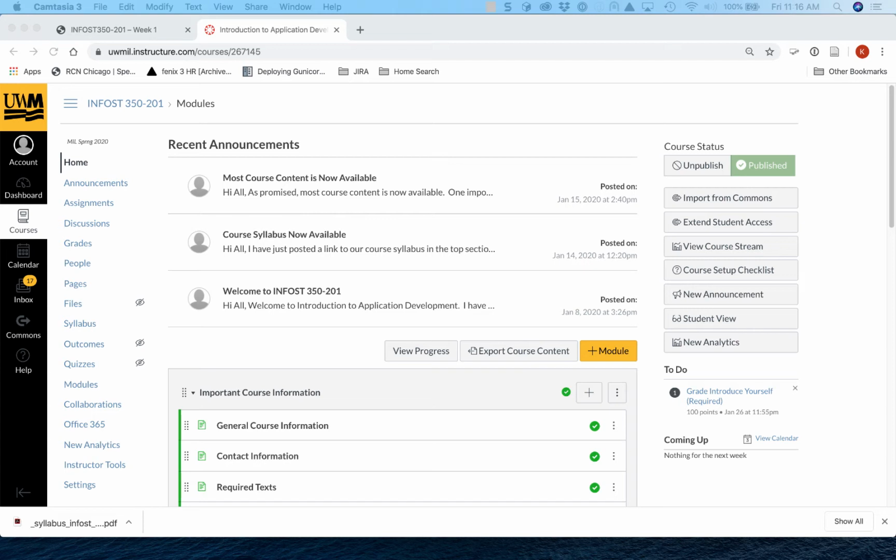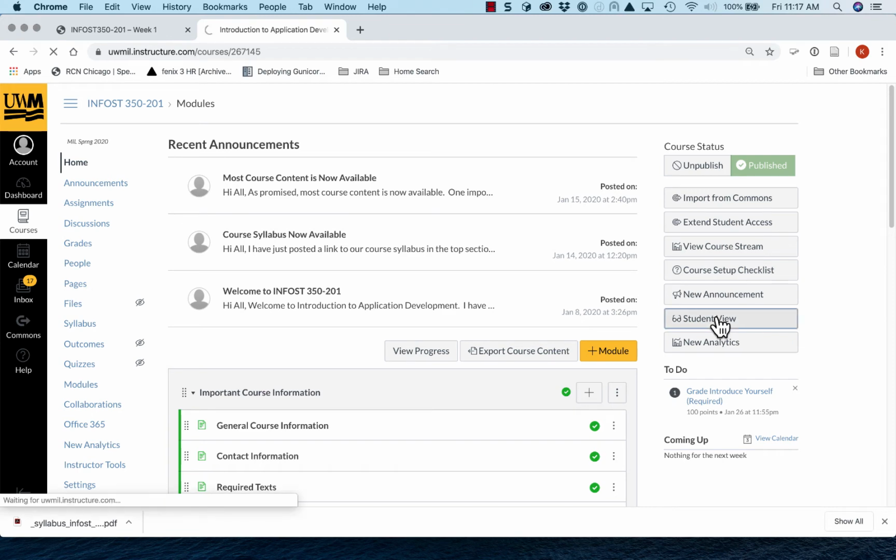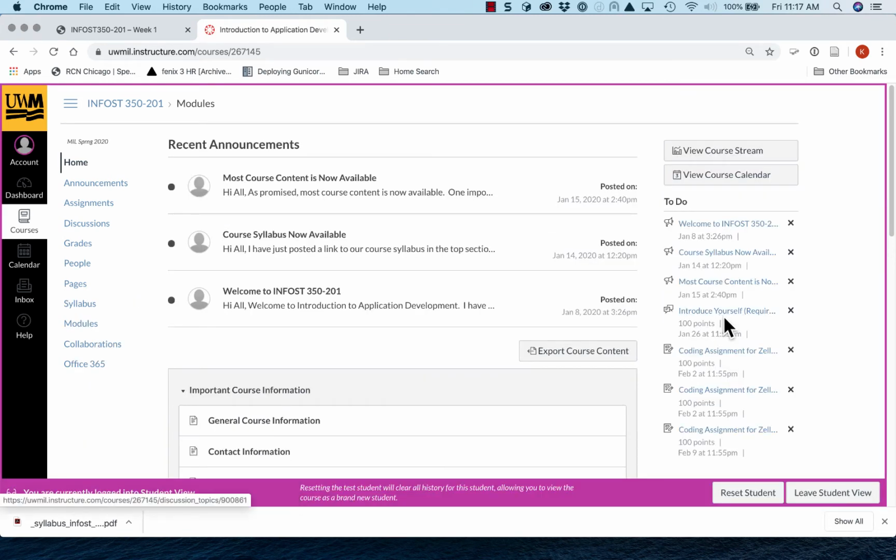What we're looking at right now is my view of the Canvas page. I guess I could go to the student view, that'd be a little bit better. Let's see what the student view looks like. This is our Canvas main page. So you log into our course, you go to home. They have the announcements. I use this to keep in touch with you. Typically, if there's a change in the schedule or I've posted additional content or something like that, I will